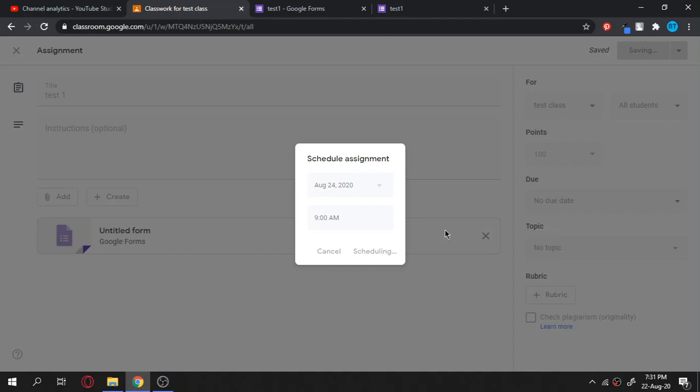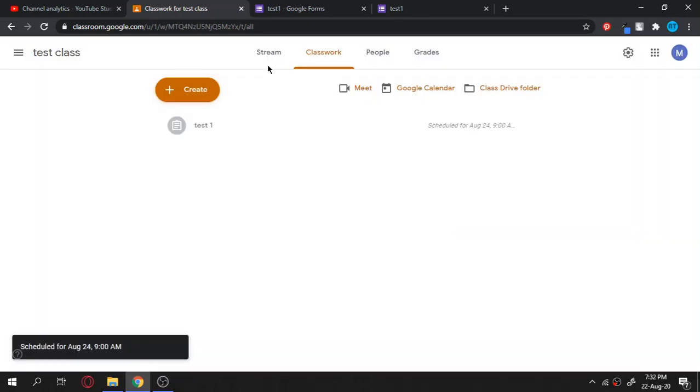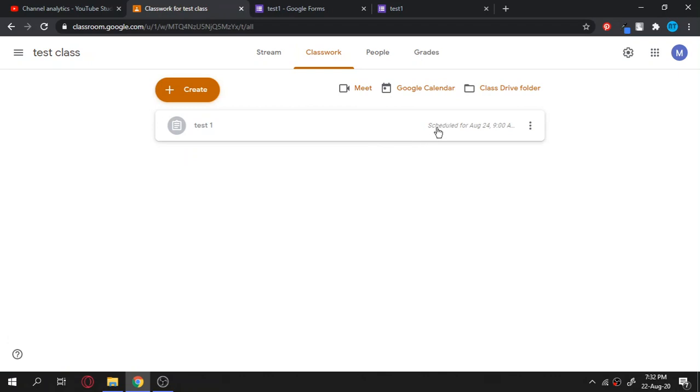Now you can see after scheduling the question, it has come to the assignment section, the classwork section, but we can see this is actually disabled. Okay, so this will be enabled only on 24th August 9 a.m. As a creator, I can change the editing option, or we can delete things, but on the user side, the students will not be able to click on this question. Only when the time comes will they be able to see it. This is very important, because naturally when we are in a hurry to conduct the test, let us fix the time beforehand, and we can comfortably conduct the test as we wish.